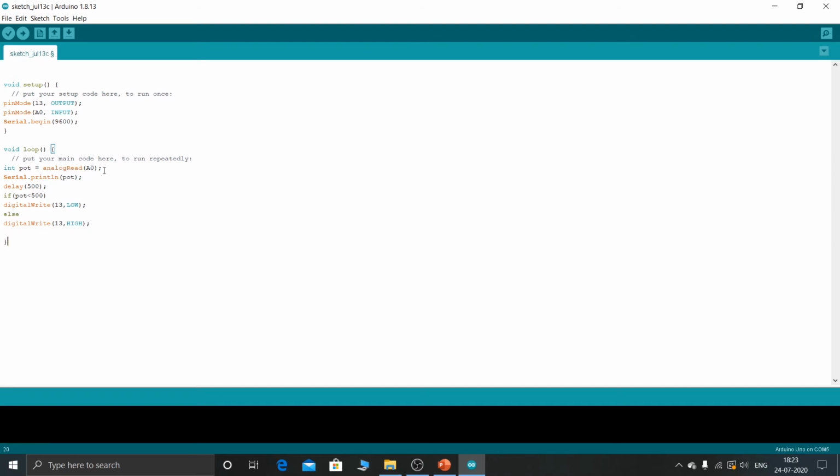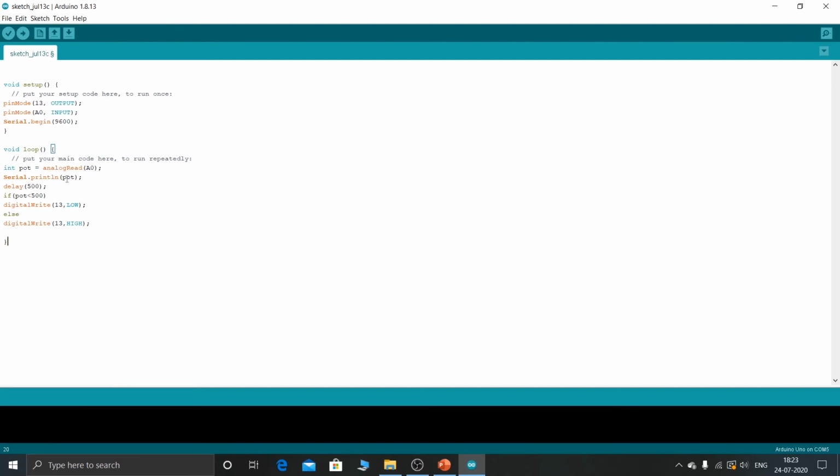After reading that data, whatever values you are getting from 0 to 1023, you can convert them into voltage readings, that is 0 to 5 volts, using some mathematical operation, and that value you can store in any variable. And here, instead of printing pot, you can print the voltage variable, or you can name it any variable you want, and you can print that.